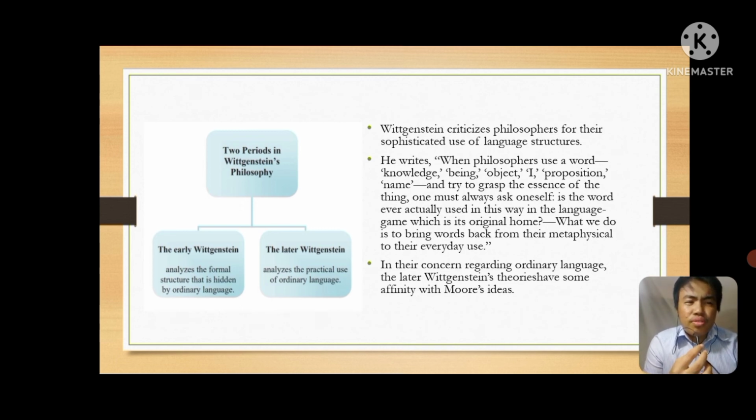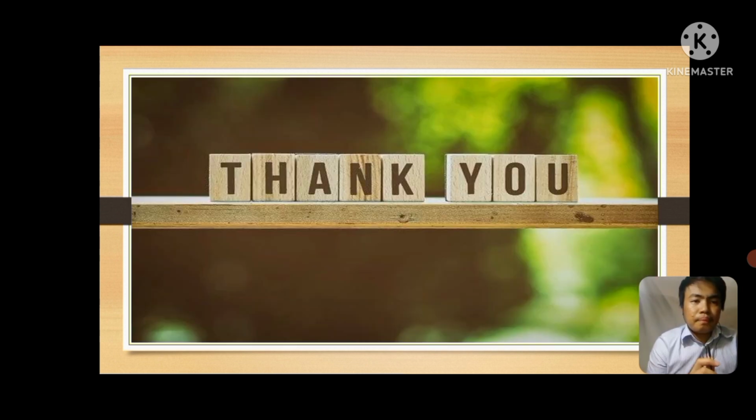Wittgenstein criticizes philosophers for their sophisticated use of language structures. He writes, when philosophers use a word, knowledge, being, object, I, proposition, name, and try to grasp the essence of the thing, one must always ask oneself, is the word ever actually used in this way in the language game which is its original home? What we do is to bring words back from their metaphysical to their everyday use. In their concern regarding ordinary language, the later Wittgenstein's theories have some